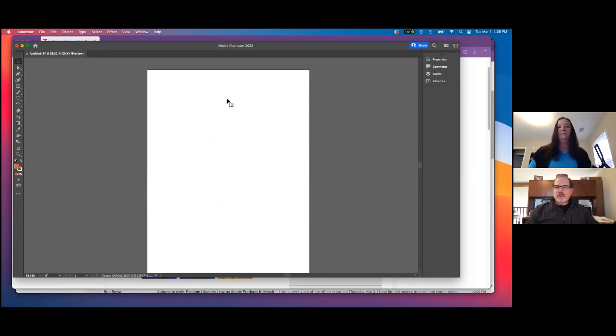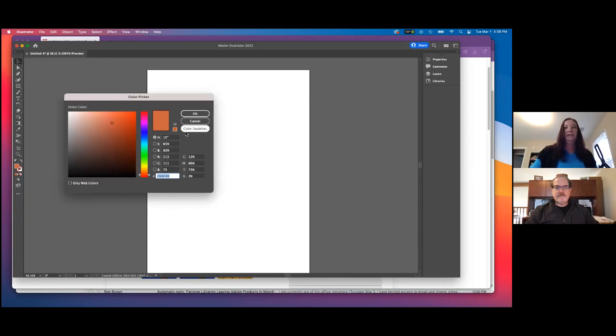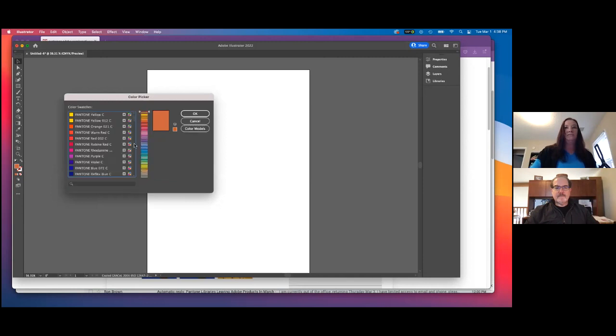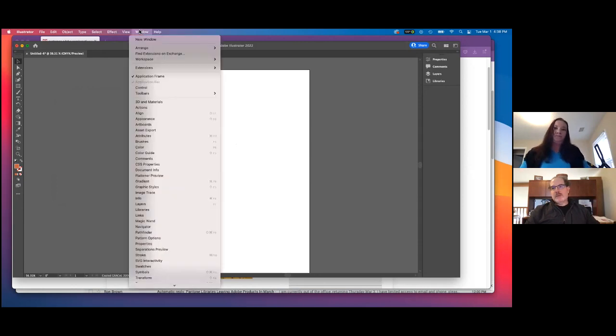Well, then don't you have to go in and make that a spot color and give it the right name and everything? Yes, you would want to. Yep. So you could add it to your swatches, and so that's one thing. Because really, now that I think about it, you won't even have to go as far as you went. You could, if you want to get the approximate color, that's probably a good way to do it. But right. You just create the color, and as long as you name it properly,